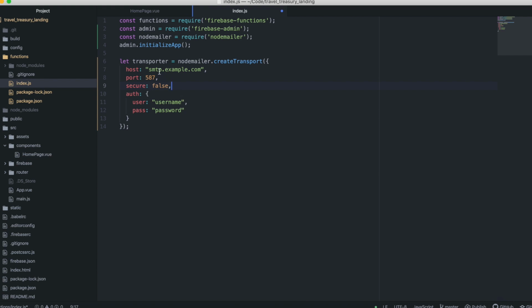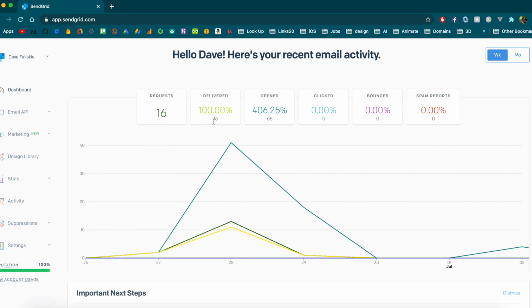These examples here are going to need to be filled in with our actual information from SendGrid. So let me actually bring you into the SendGrid console and I'll show you what that's like. This is my SendGrid account that I created for this project specifically. What you're going to do is